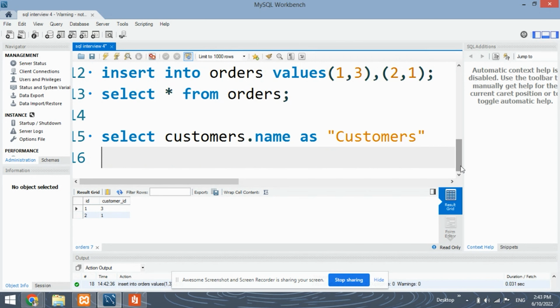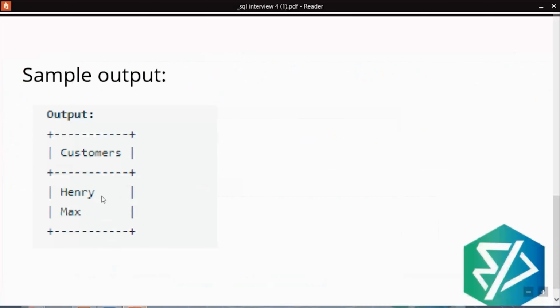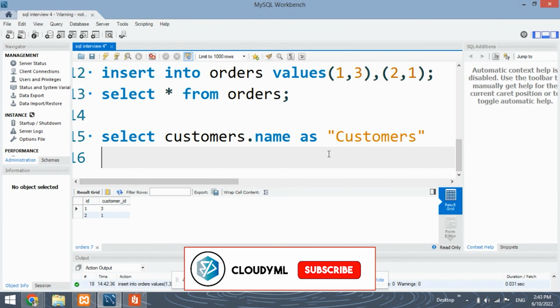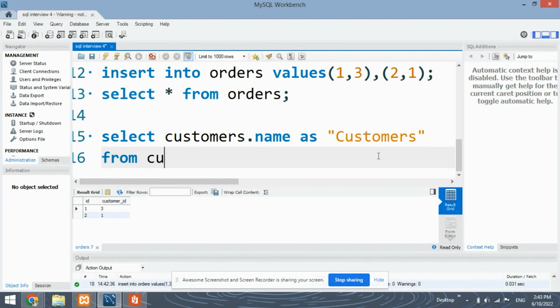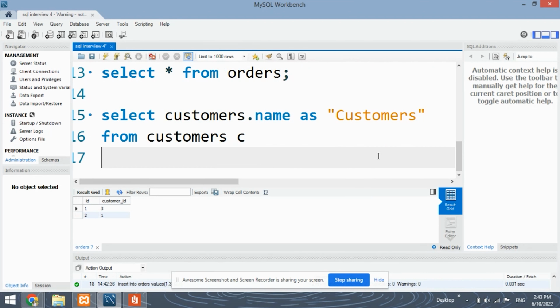Because in our sample output, the column name was customers. So that is why we use the as keyword to give the name to the extracted column. Select customers.name as customers from the table name, which is customers, and C is the alias name given to this table customers. Okay, and next, where